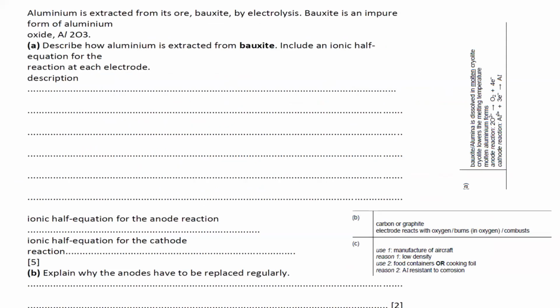Now some questions as we discuss the extraction of aluminium. In the question they are saying aluminium is extracted from its ore bauxite. The bauxite is the ore, and how do we extract aluminium? We extract by electrolysis. Bauxite is an impure aluminium oxide. Describe how aluminium is extracted from bauxite. Include the ionic equation for reaction at electrode and the description. So basically what do we do first,